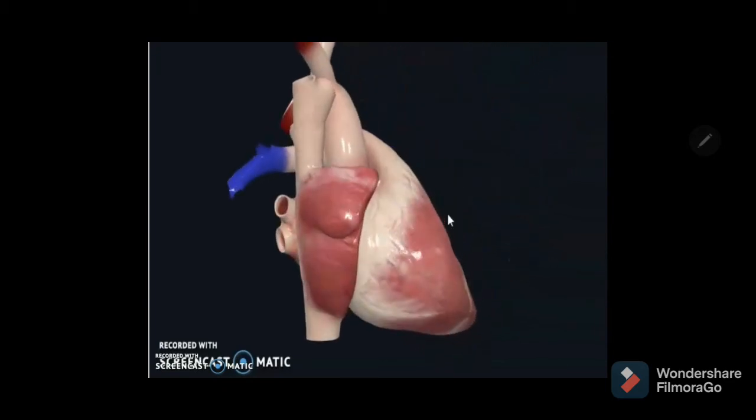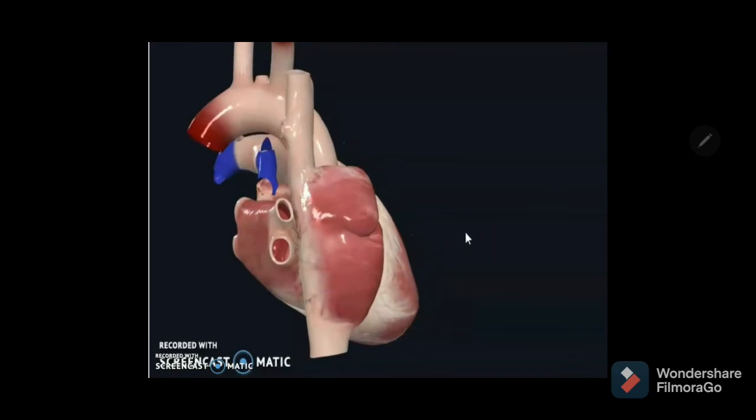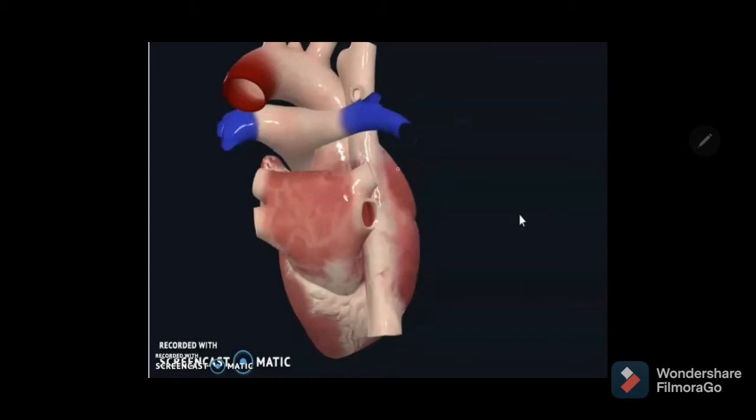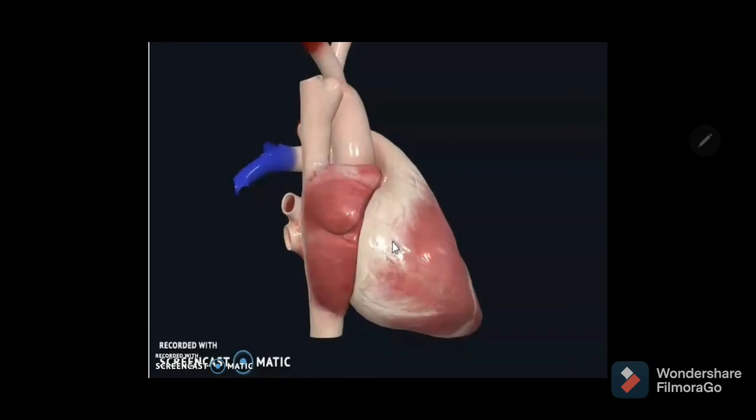You can see the different parts of the heart here, and the formation of some borders and surfaces by the roughly quadrilateral right atrium. You can see it forms the sternocostal surface, the right border and also the base of the heart, separated by the interatrial groove. On the posterior side, the base is separated from the diaphragmatic surface by the posterior atrioventricular sulcus. And coming to the relations here,